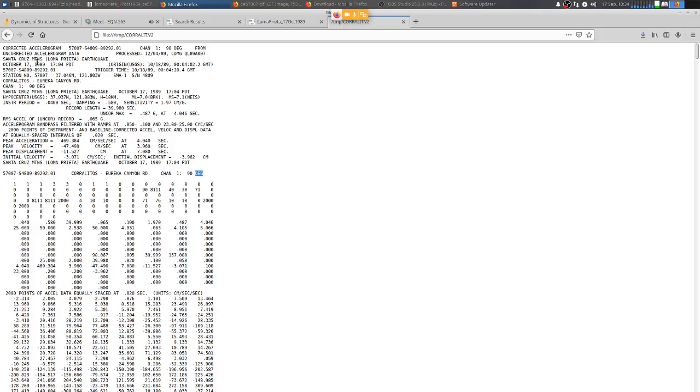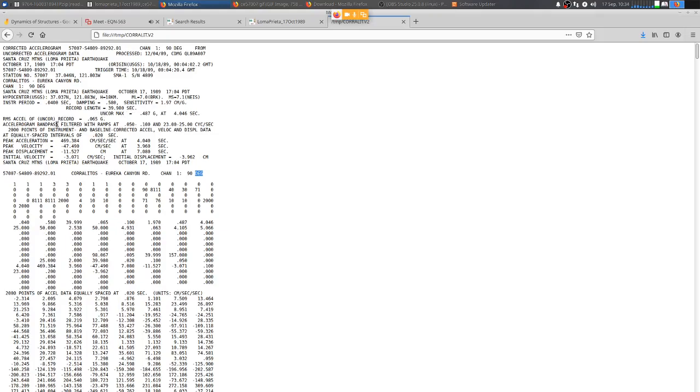So you can see the headers that contain the information about the earthquake, Loma Prieta earthquake, the recording station, what is the channel, which component it is, what is the period of the instrument on which it was recorded, natural period of the oscillator which recorded this, damping, sensitivity, record length, total length of the record is about 40 seconds,